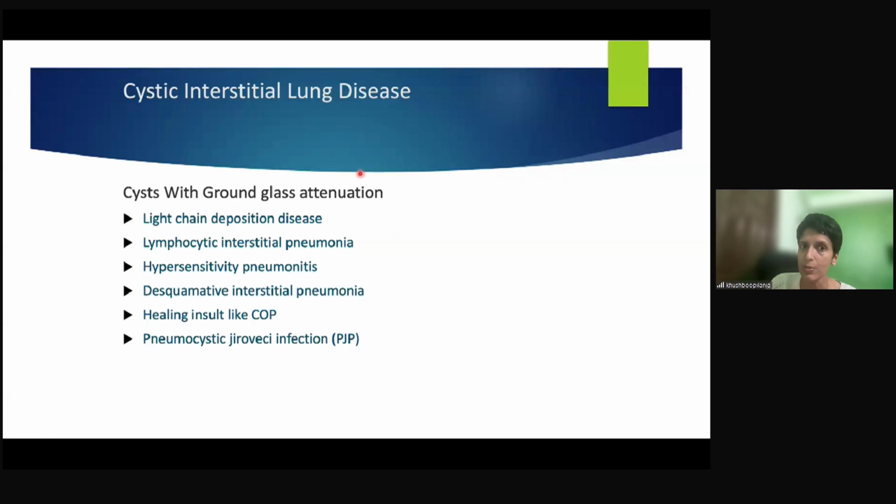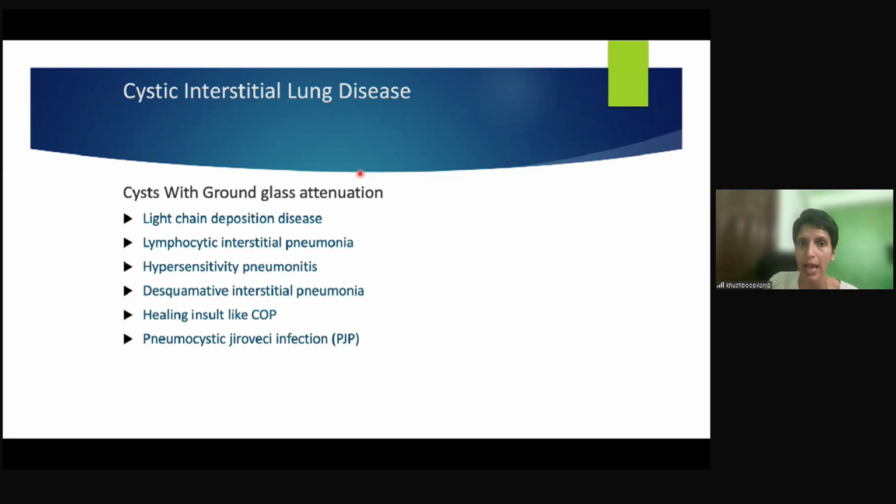When you see cysts with background ground glass attenuation, then this is the list of differentials that you should be thinking of: light chain deposition disease, lymphocytic interstitial pneumonia, hypersensitivity pneumonitis, desquamative interstitial pneumonia, healing insults and cryptogenic organizing pneumonia, and Pneumocystis jirovecii infection. So these are the topmost differentials that you should be thinking of when you see a lot of cysts and